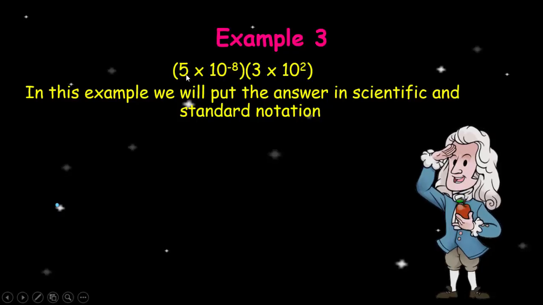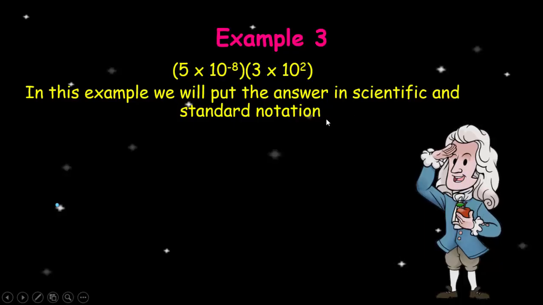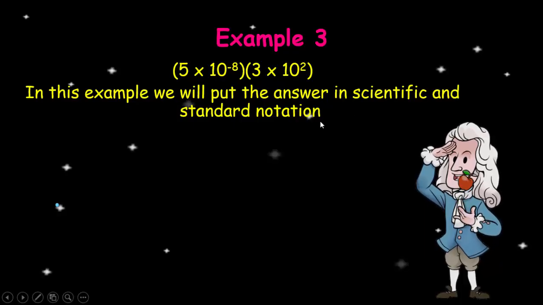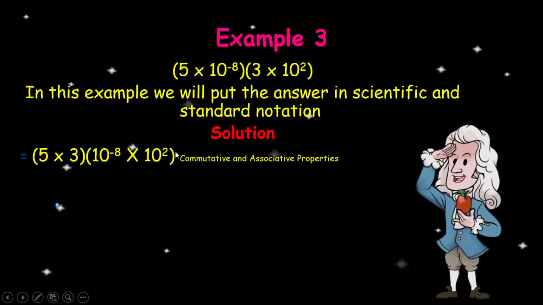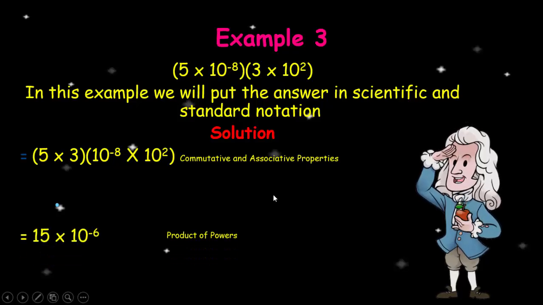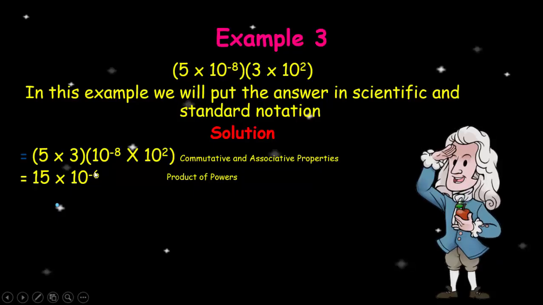Example 3, we have 5 times 10 to the negative 8 all times 3 times 10 to the 2nd. In this example, we will put the answer in scientific and standard notation. Solution, so we have 5 times 3, the 5 from here and the 3 here, and then times 10 to the negative 8th power times 10 to the 2nd power, and we get that from here. Then we multiply 5 times 3 to get 15, and then we use our power rule to get 10 to